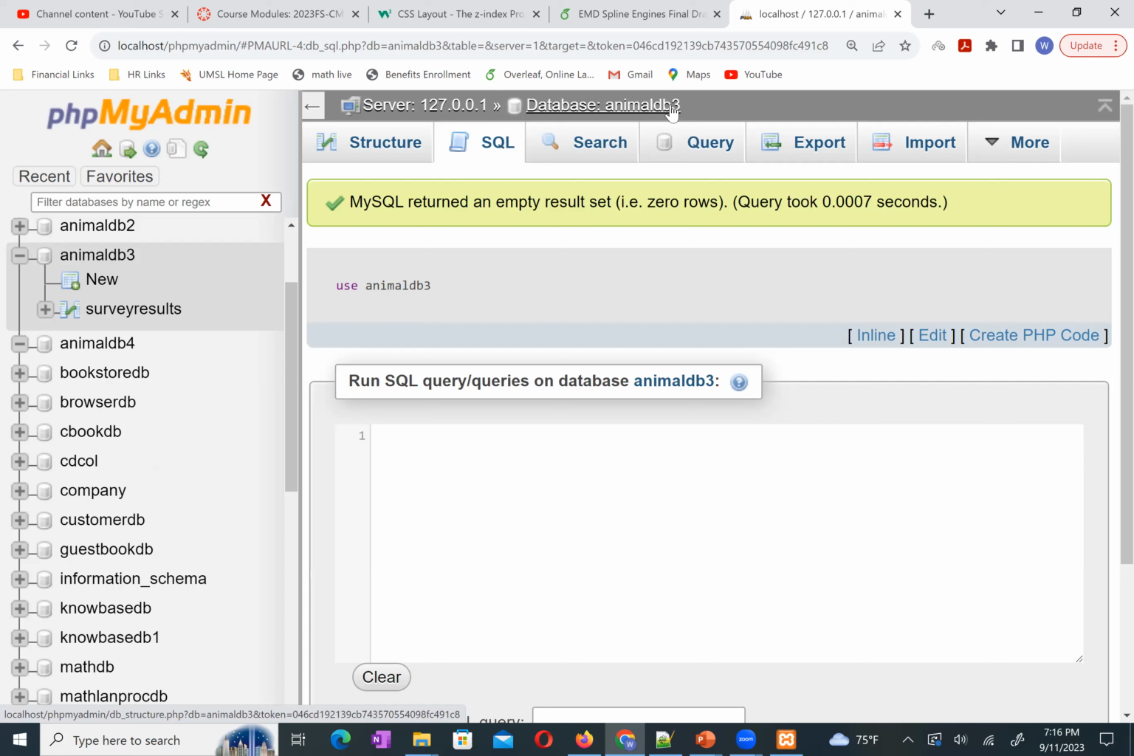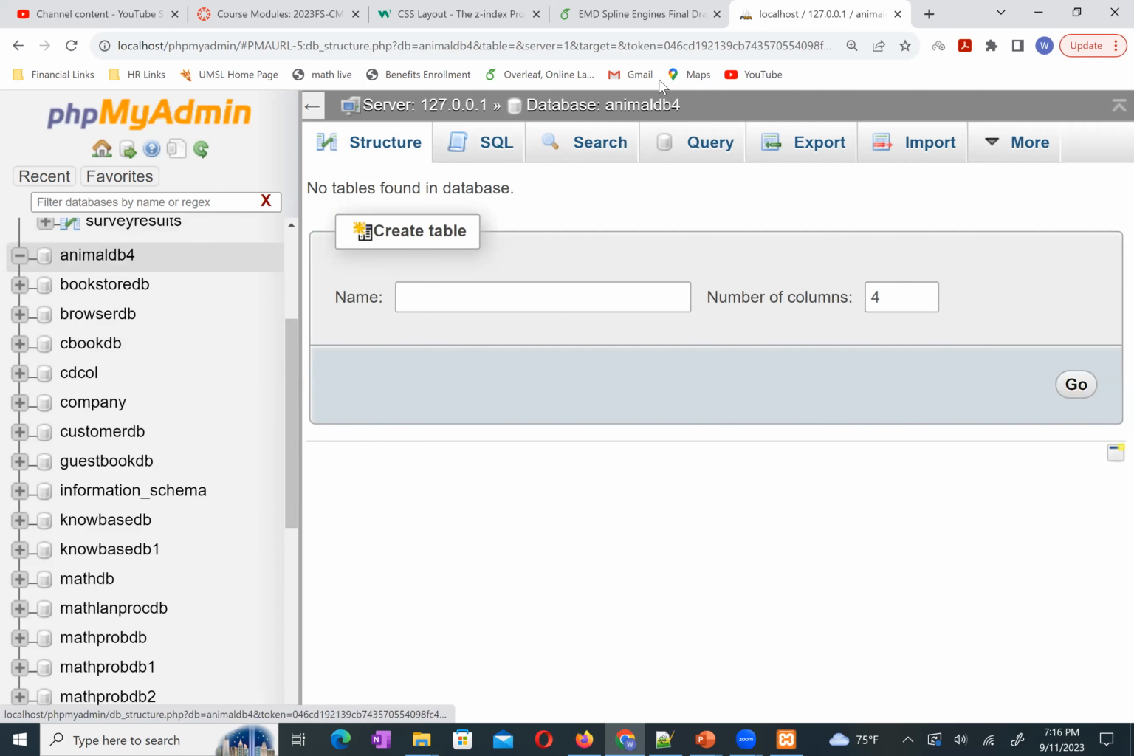Use is a MySQL keyword, a command name. Remember this keyword. If we define our table and happen to use a keyword, you know what you should do, right? It's a keyword, so you need to do something special for it. Now let me click this animalDB4 back